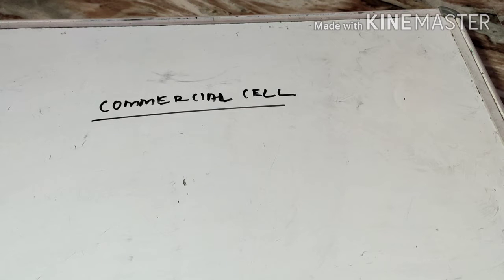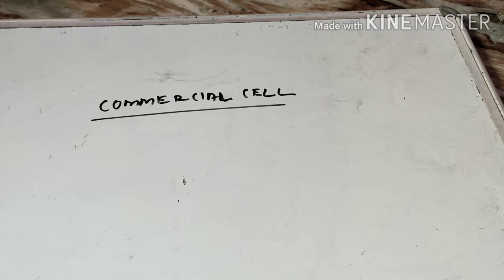The first criteria of the commercial cell is that number 1, it should be compact. Number 2, it should be safe to use. And number 3, the voltage should not drop suddenly when it starts to work. So if they obey all the criteria, then we can say those types of cell can be used as commercial cells. And the commercial cells are generally the sources of electrical energy,